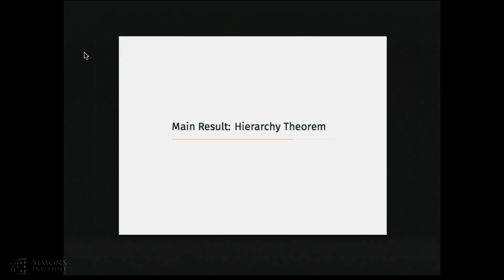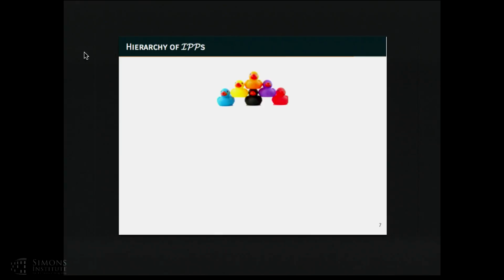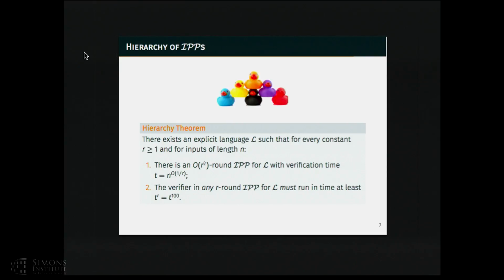So our main result shows a hierarchy theorem, which, roughly speaking, says that more interaction will give you more power for the IPPs. So what do I mean by that? We show that there exists an explicit language such that for every constant R, we have an R² round IPP with some verification time, let's say T. And any R round IPP for this language would have to do, say, 2 to the 100, where the exponent here is arbitrary. And so this gives us this hierarchy of lower bounds and upper bounds, which basically says that you have to do a certain amount of rounds in order to outperform